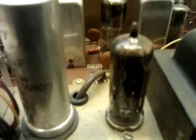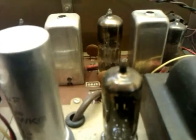Right. The valves in this particular radio, we'll start with the rectifier. The rectifier is this one here, and he is an EZ80 half-wave rectifier. So he provides half-wave rectification. This fella here, get the camera on him, he is an EB91,